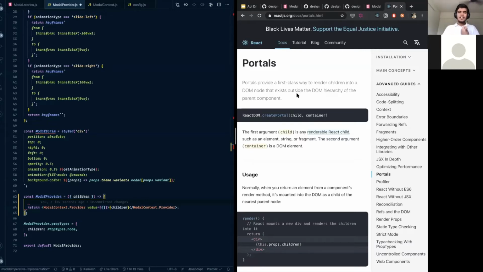But now you can't handle it yourself, because you would lose all the benefit of event bubbling and how React controls all your things which are outside your DOM. So what the React team has done is provide an API which is createPortal. What it does is it first expects what component tree you want to render and where you want to render it, right?